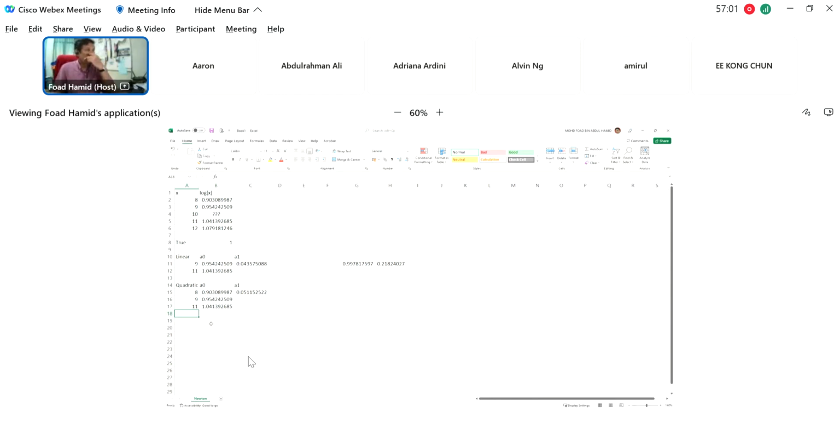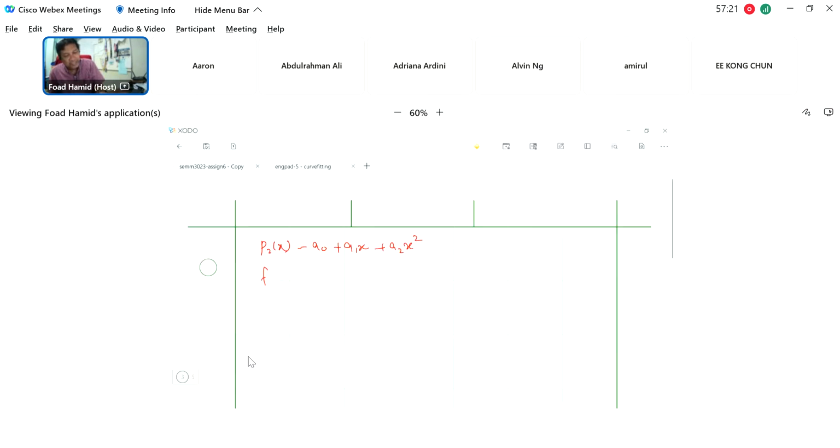The problem here is, because this is a quadratic equation, we need to have an a2. So how do we find a2 here? Oh, sorry, no, this is not a2, because this is the standard polynomial equation, but for Newton divided difference,